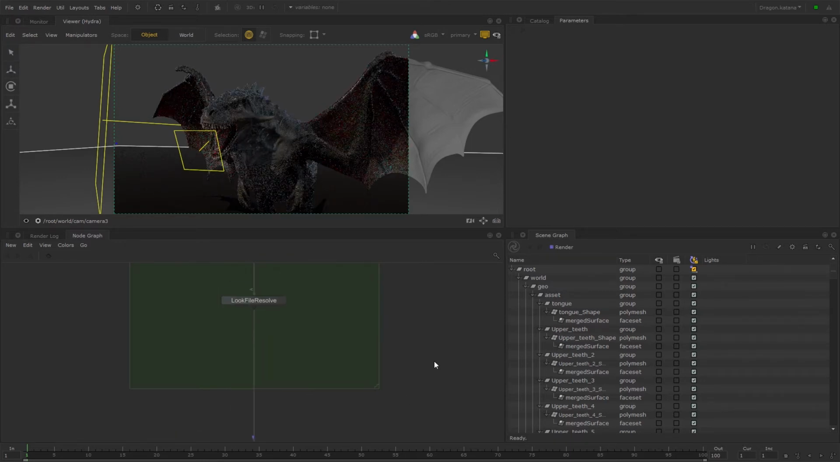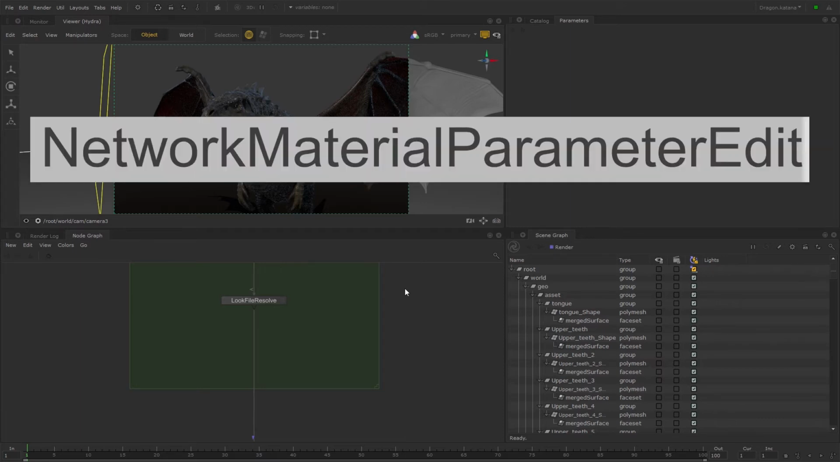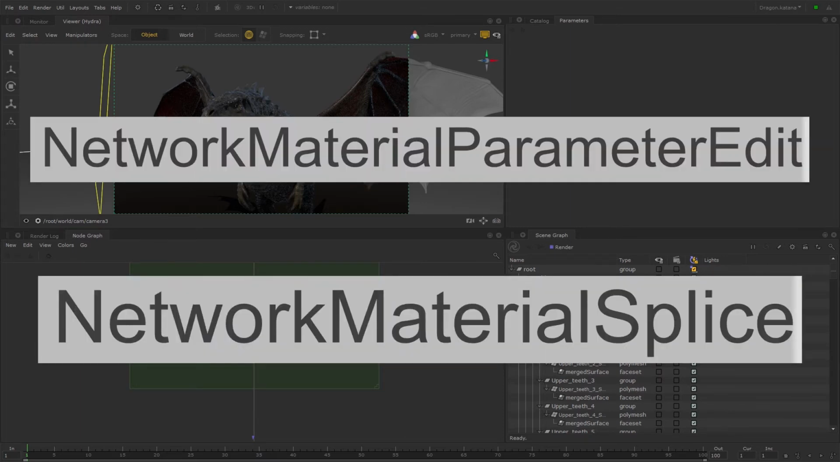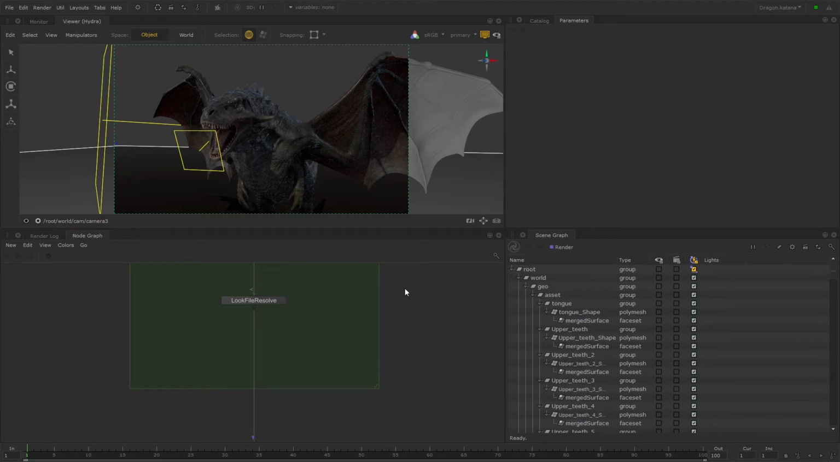Let's say you've been working on this shot, and have been told that the look dev for the dragon needs changing, but the parameters that need to be changed haven't been exposed during the look development process. Previously, you'd have to use the NetworkMaterialParameterEdit node or the NetworkMaterialSplice node to make any changes, and with a complicated network, this wouldn't be a simple process. With the new NetworkMaterialEdit node, that workflow has been improved so that you can see precisely how the original material